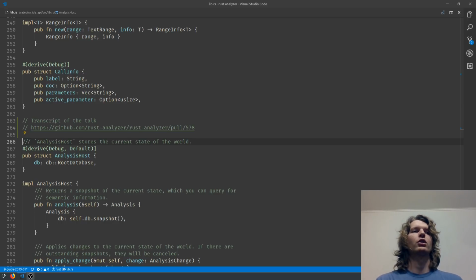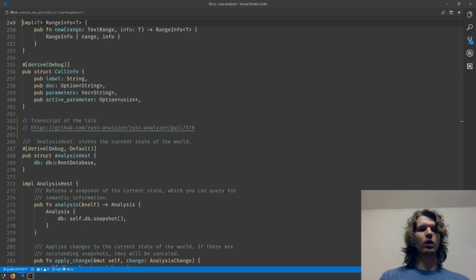Unfortunately, such an architecture is necessarily slow. Even if you incrementally compile the whole crate or the whole set of crates of your workspace, you are doing a lot of useless work because, you see, now I have only a single file opened in my editor, and I really don't care at all about all information except information for the lines between 239 and 283. And this is really the place where we need this ability to only query a specific subset of the compilation. So how do we do this? The magic sauce here is